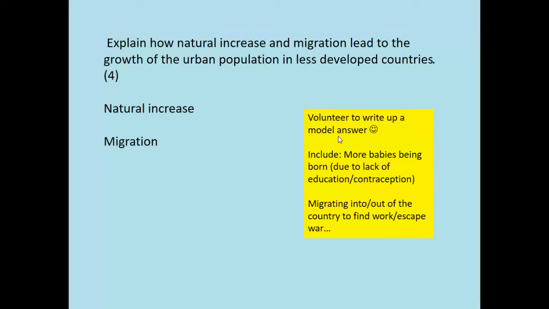Okay, so explain how natural increase, so how if you've got more babies being born than people dying, you're going to have more people. So if you have, say, 100 babies born and only 50 people die, you're going to have a natural increase of 50. Okay, so why in less developed countries, so poorer countries, LICs, why are they going to have more of an issue with a rising population? Think maybe what they might lack or have less of with regards to maybe education, contraception, things like that. Okay, so have a think about that.